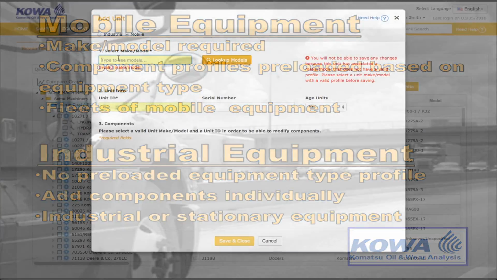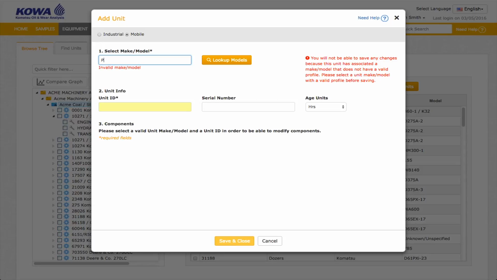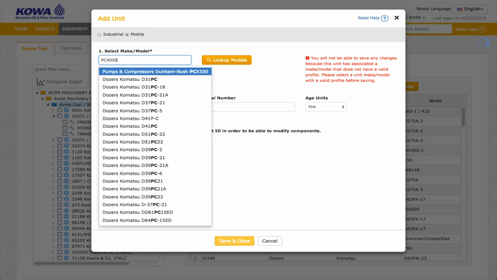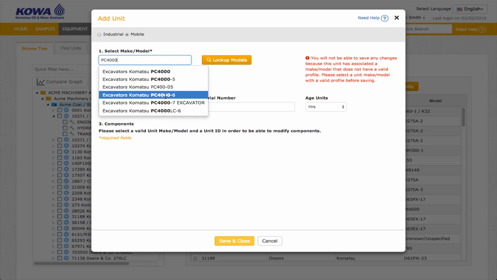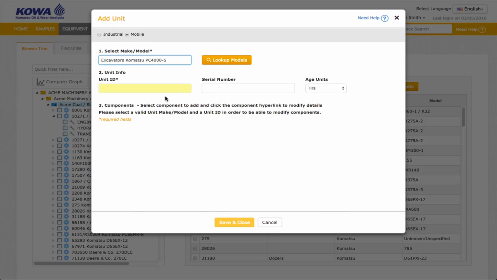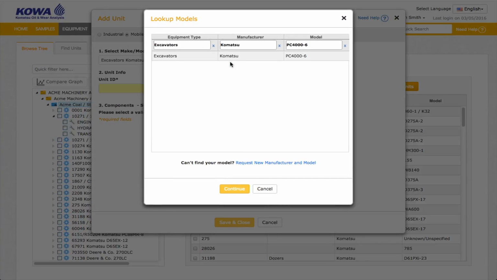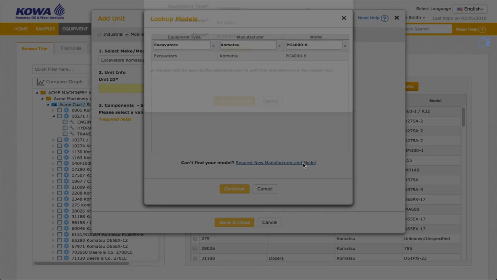If you're using mobile equipment, select the mobile button. Start by entering your make and model. Then make a selection from the list populated below. Please be as detailed as possible when making a selection. Now, if you do not see your make and model in the list, please click Look Up Models to do a more advanced search. If your make and model is not listed in the database, please use the Request New